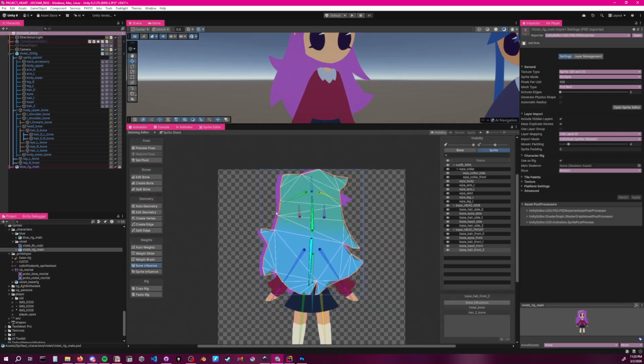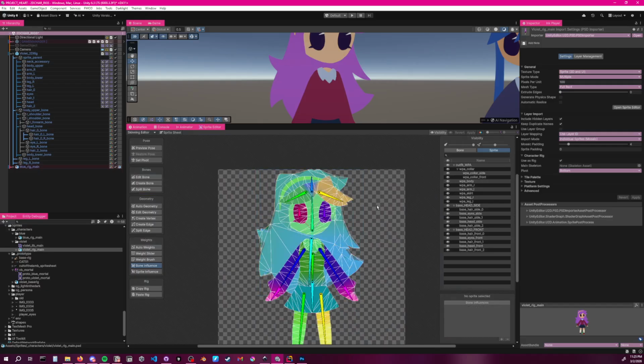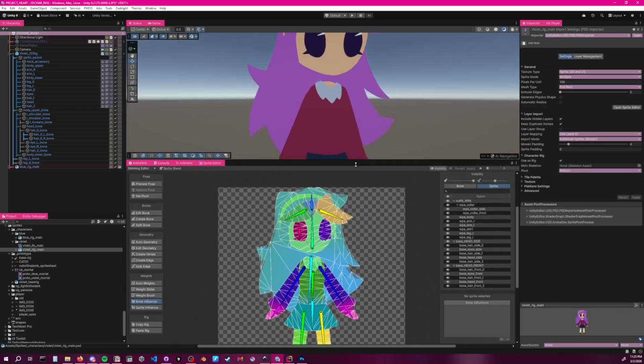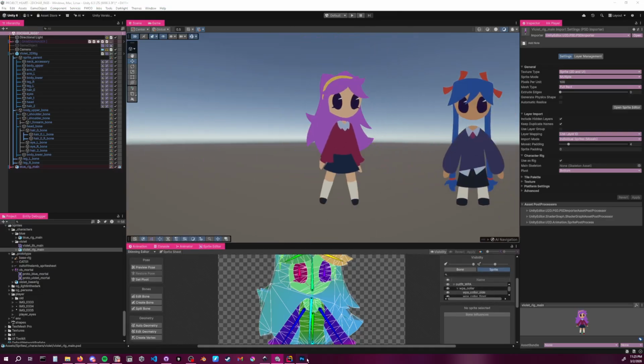Same with the hair. So even though we're switching and technically using the same rig, every single sprite has to be assigned to its own bones and weights and whatnot. Which is why the Violet